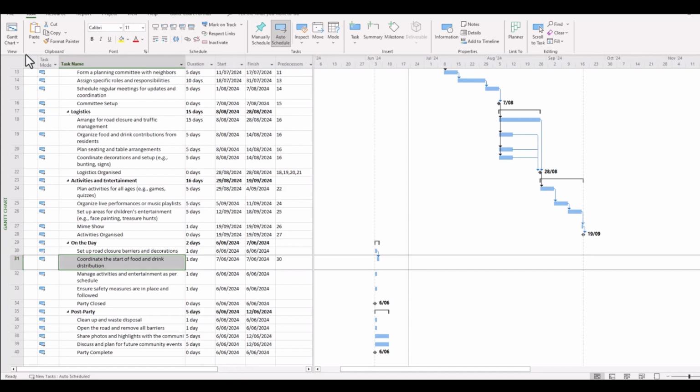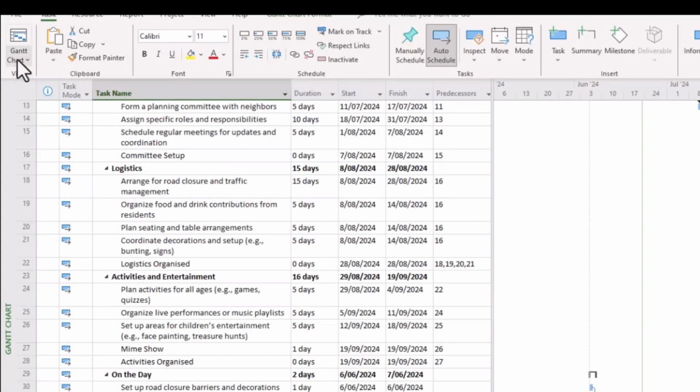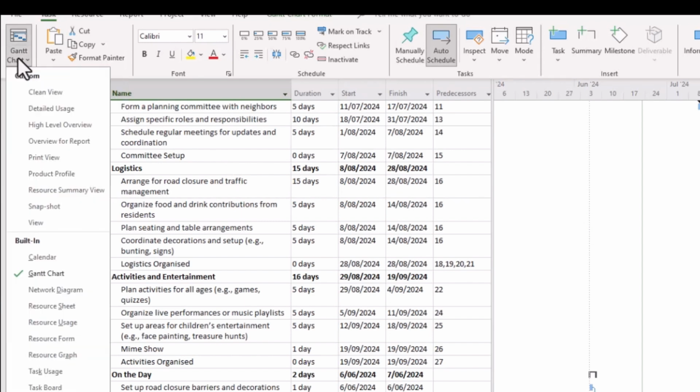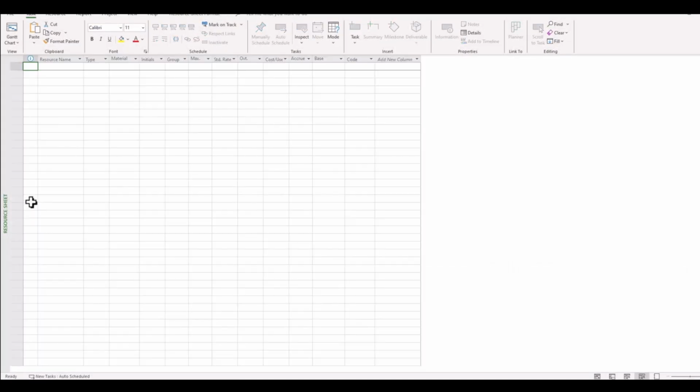To get to your resource sheet, you go to the top left hand corner of your worksheet, click down, and you'll see here resource sheet. So click that, and you can see, no surprise, it's a blank sheet. So at this point in time, we want to put in our project team and some of the resources that we have already identified that we're going to need in terms of materials and miscellaneous items. So I'll document those things now.